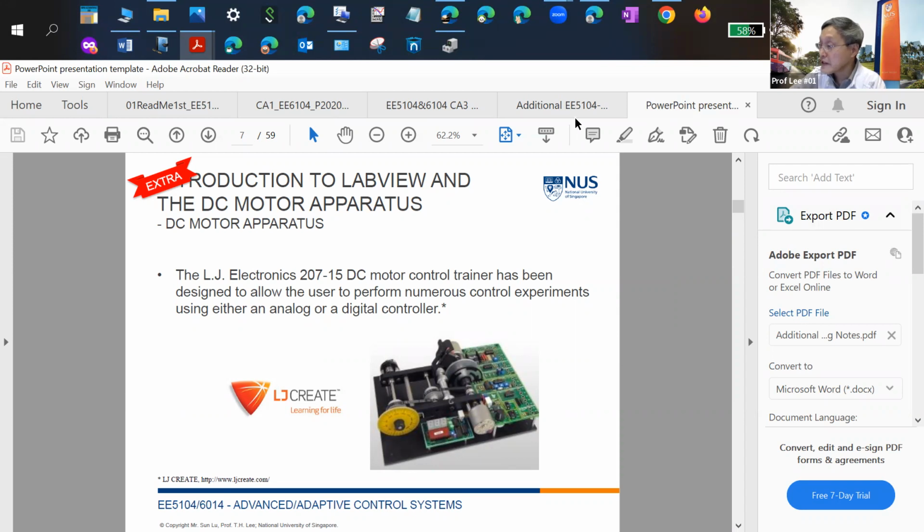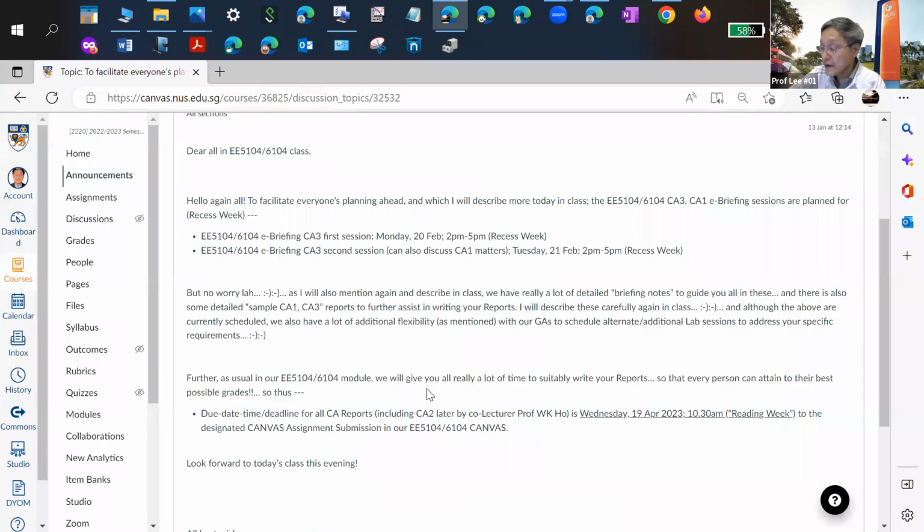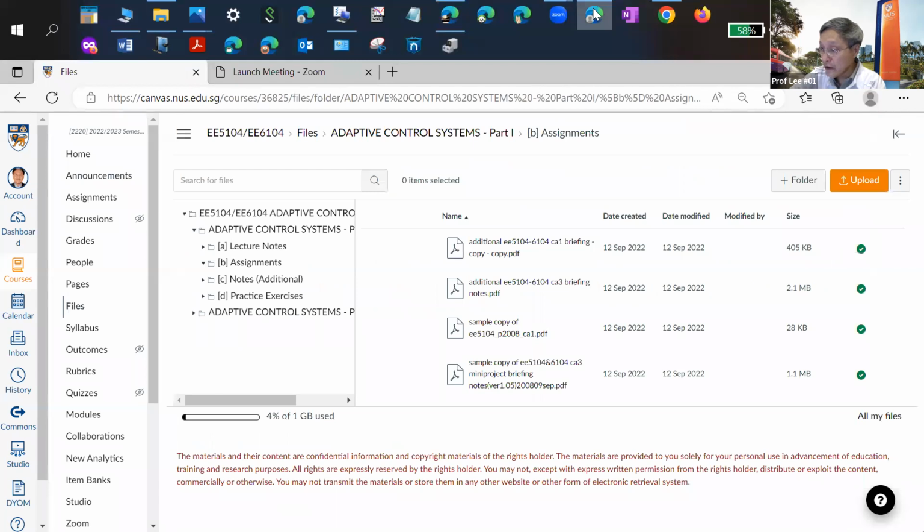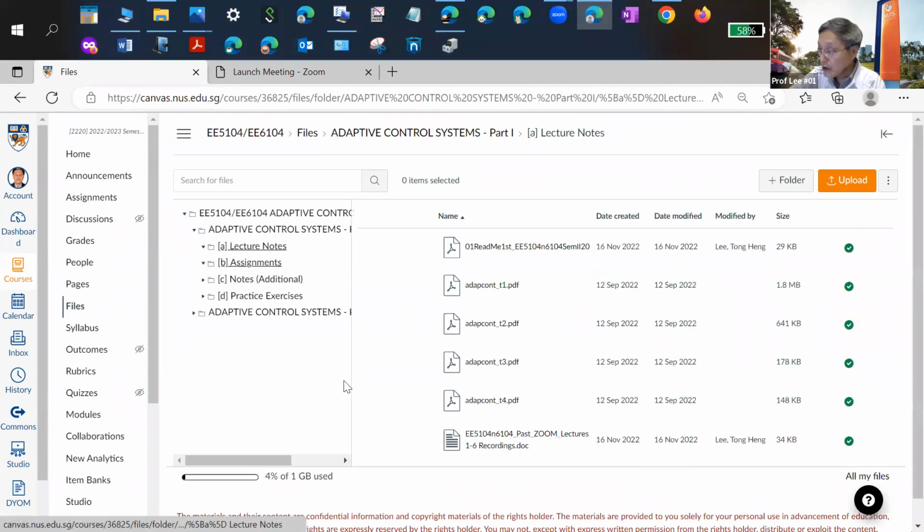And you have lots of time. As I said, our plan is to let you have lots of time to do a lot of very detailed, very substantial work, and we give you all the time until the reading week, which is in April. Okay, so that's all the support that we have provided. Now, more than that, if you go to lecture notes,